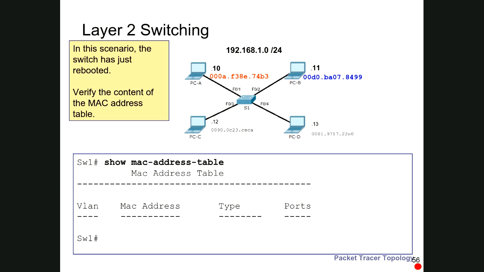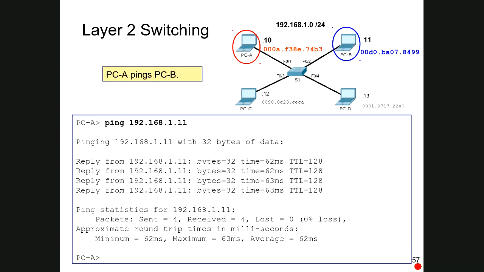Okay, let's review the MAC address table. We looked at this before, but we have some devices connected together. The switch has just been rebooted, so of course the MAC address table is going to be empty. So let's get some action going in here. PCA is going to ping PCB. And as soon as PCA sends out his ping request,